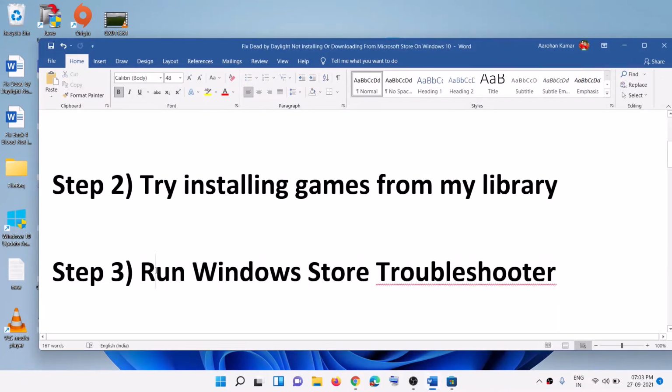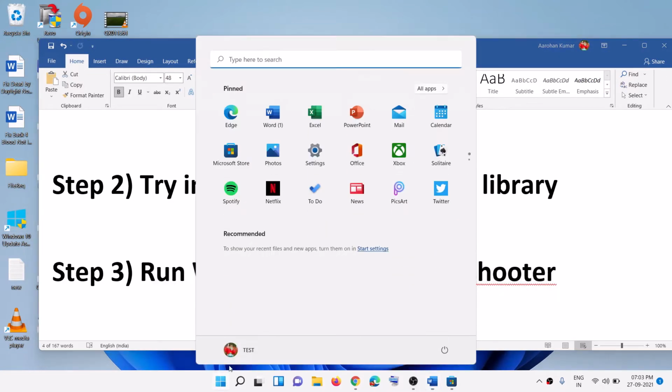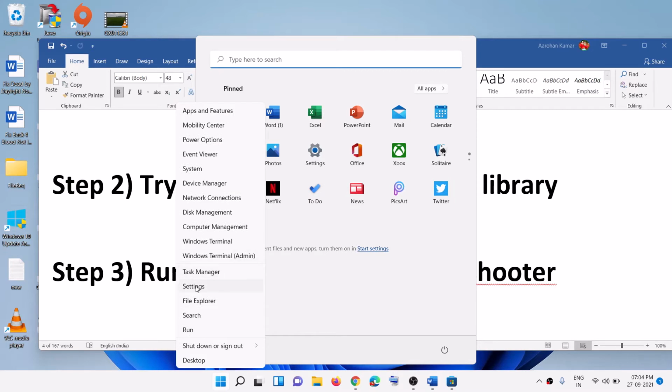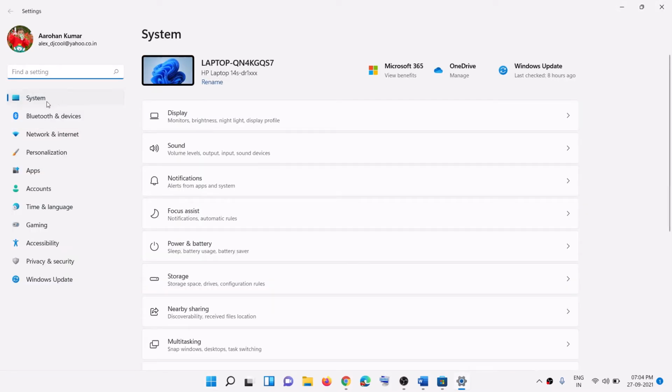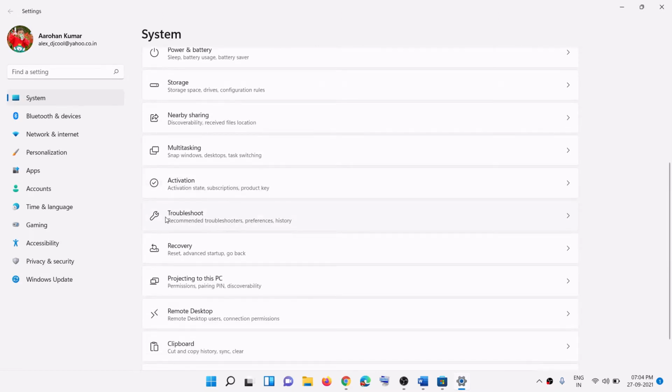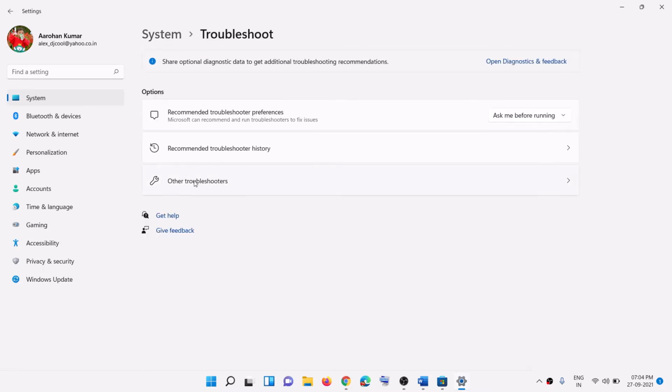Now the next step is to run Windows Store Troubleshooter. For this, go to the start menu and then click on settings, or you can make a right click on the start menu and then click on settings. Now in Windows 10 you will have update and security option. So on this screen you will find update and security, so you have to click on update and security. In case of Windows 11, click on system, then scroll down, click on troubleshoot and then click on other troubleshooter,